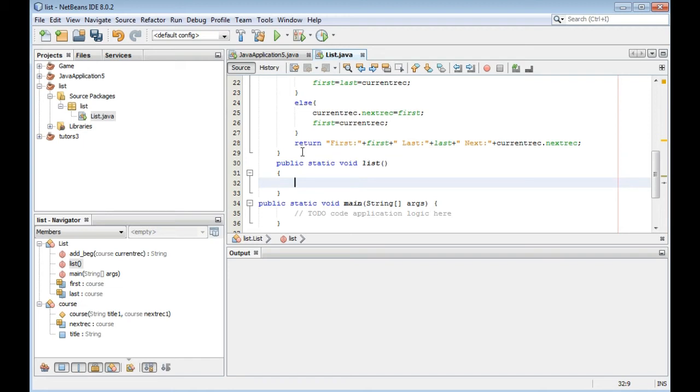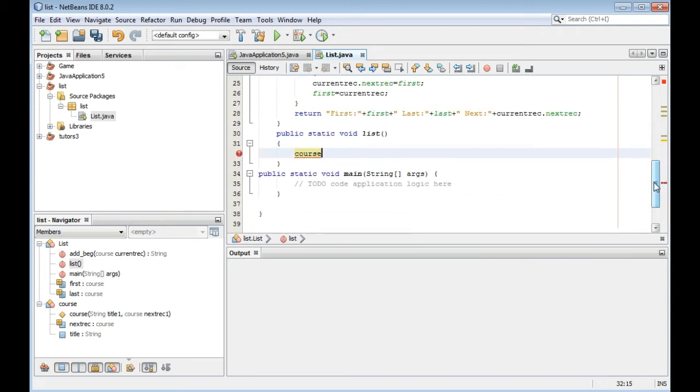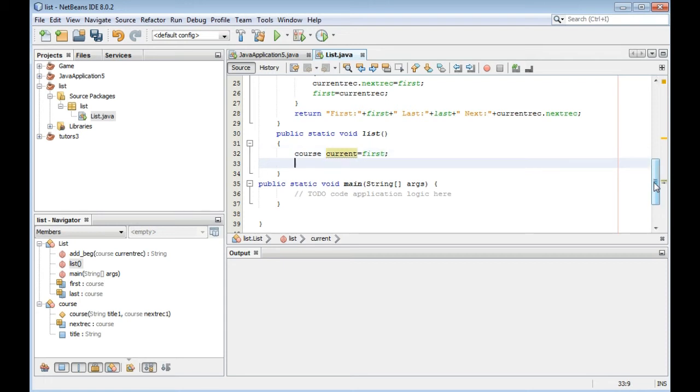In the display we have Course current is equal to first. List all records, all titles.